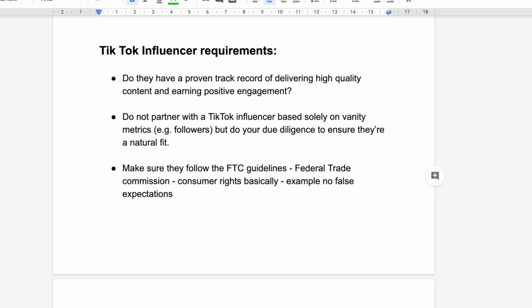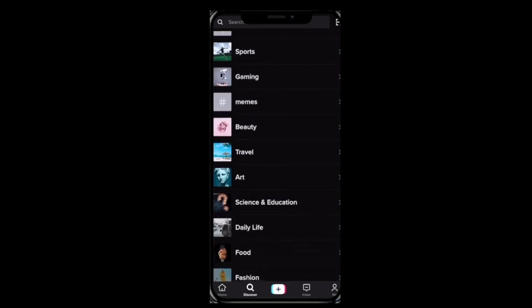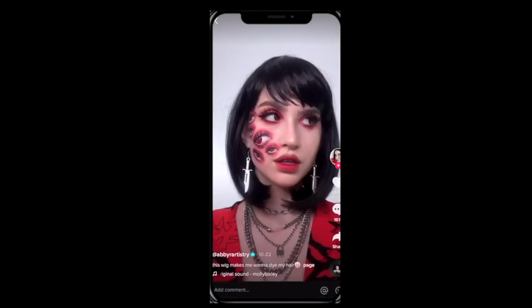Now the next part is how to find TikTok influencers. Now this is very, very important. The first thing you can do is search for hashtags related to your niche in the search bar. Go to where it says the discover bar, and I'm just going to search in here. But before I search in here, you can see topics. So you can find your topic, click on it, and it's going to come up with loads of different videos